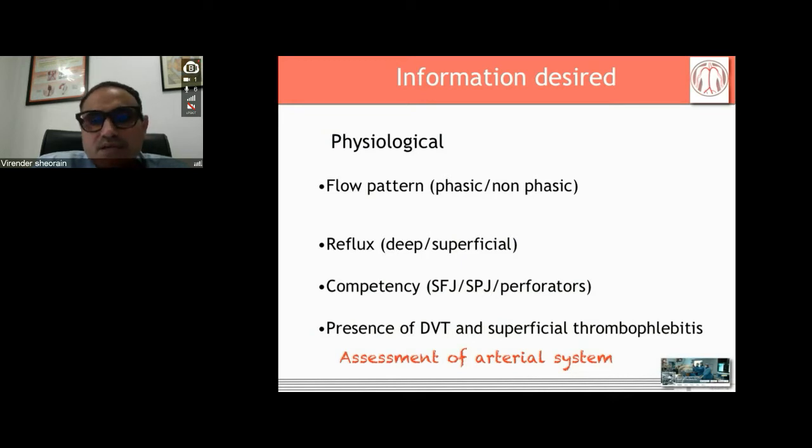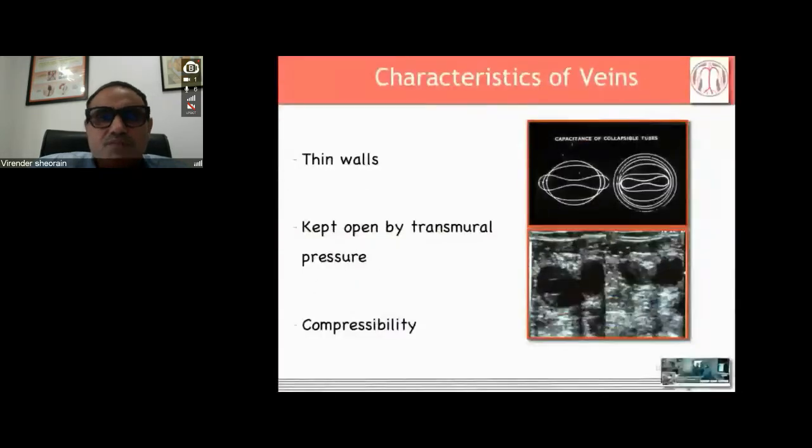Now look, as I have already told, look for deep venous status, whether there is old thrombus, whether there is a new thrombosis, whether there is recanalized flow, you can see the stranding, or whether the walls are thick, so rule out superficial thrombophlebitis. Simultaneously, always look for an arterial system, because most of the patients who come in their old age do have diabetes, which our country is the hub for. So look for the arterial system, and that could be a great favor to our patient.